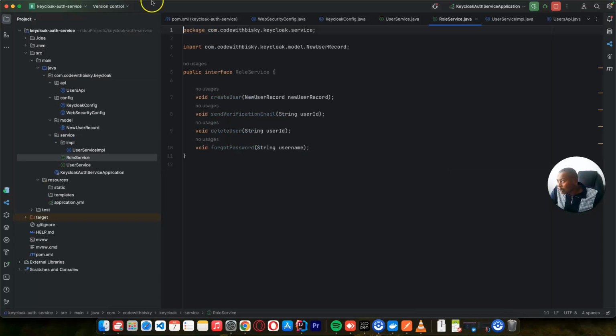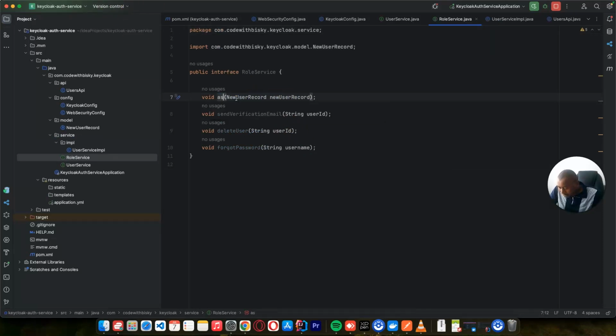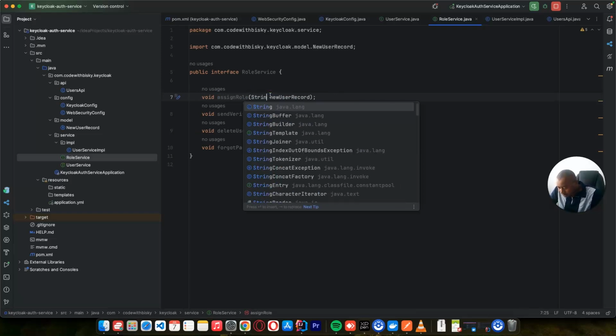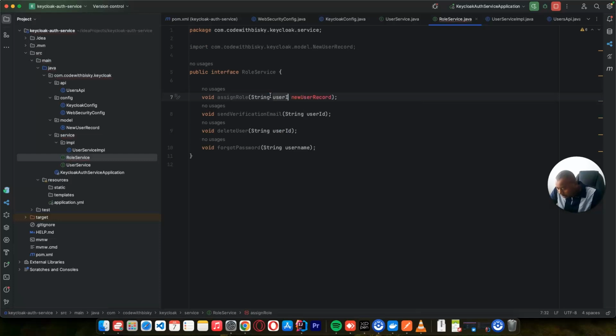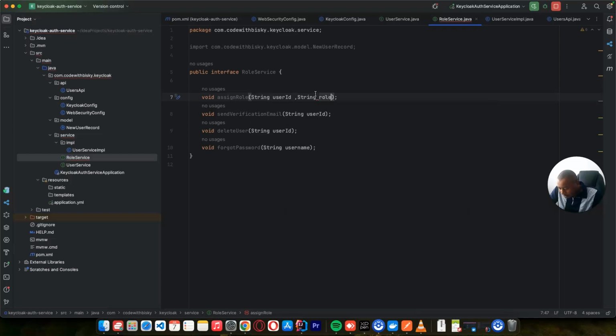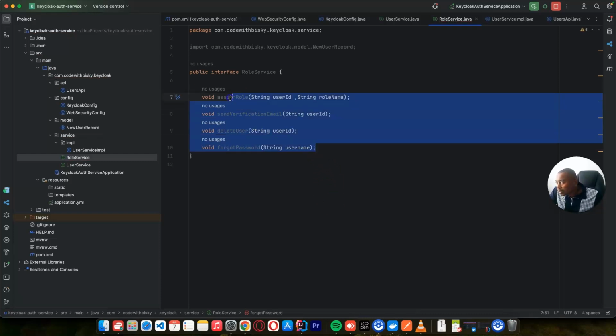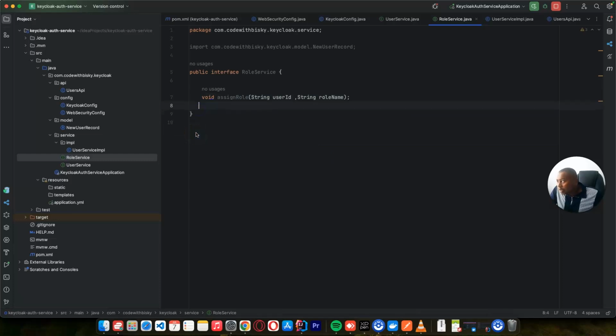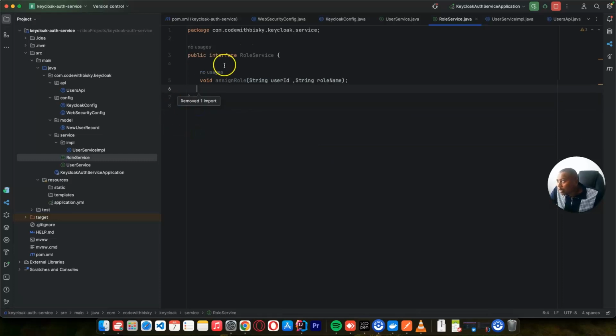Role service. And here I'll just need an endpoint, just say assign role. And it requires a string user ID and a string role name as it is when we created, like member or admin. Then after doing this, let's create an implementation here,